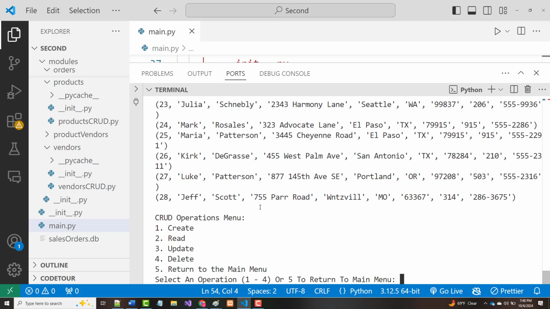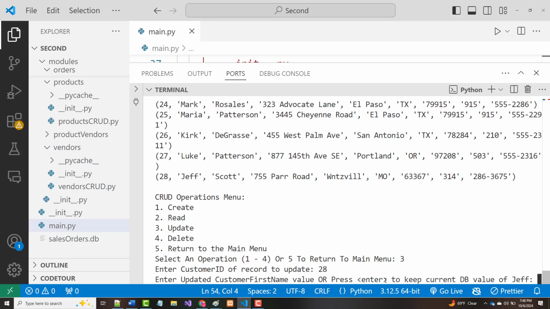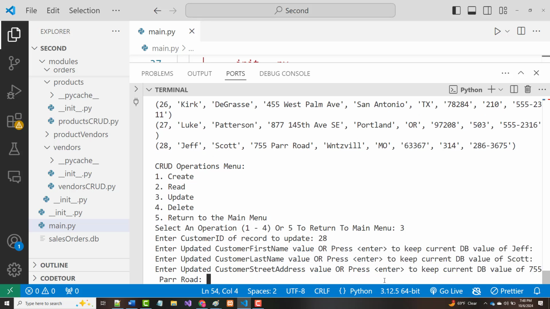2, you can see I put in there, but there's some mistakes. I want RD there. Wentzville is spelled wrong and the zip code is wrong. So let's go into 3 for an update. We want to update number 28. We'll want to keep Jeff. We want to keep Scott. We now want